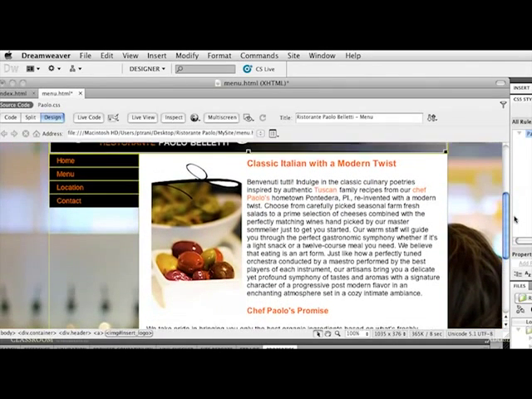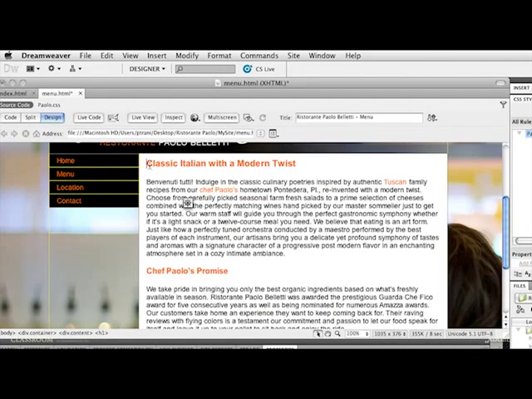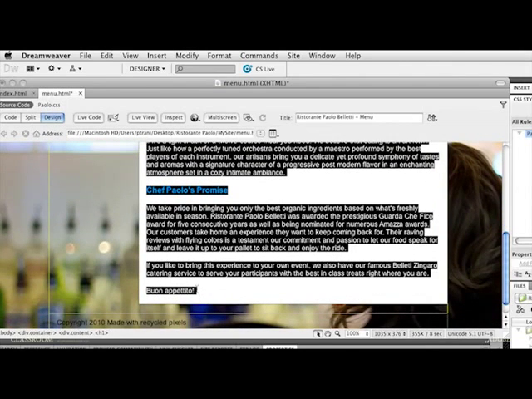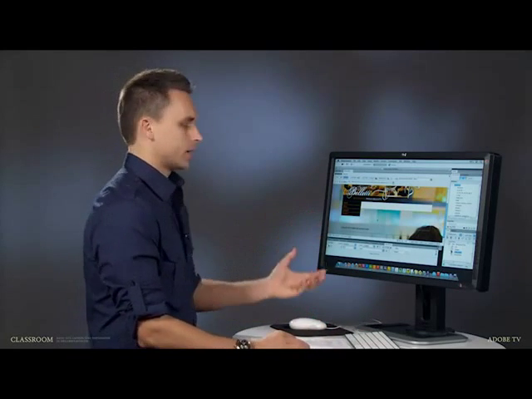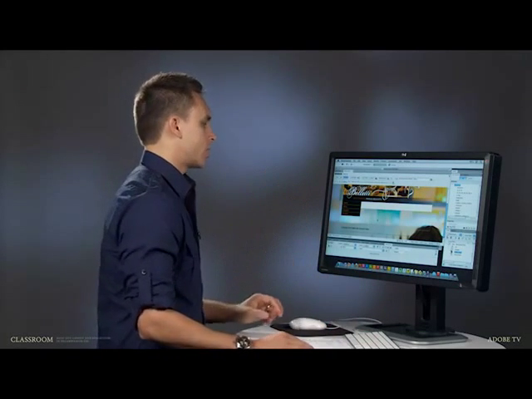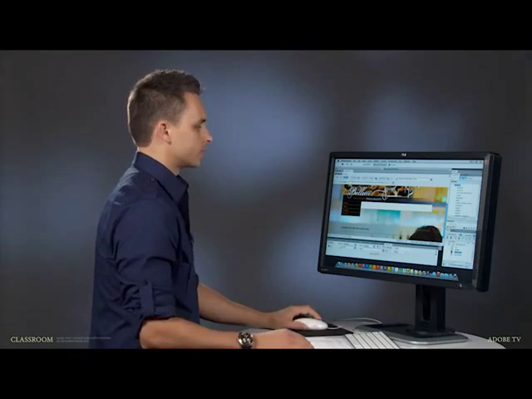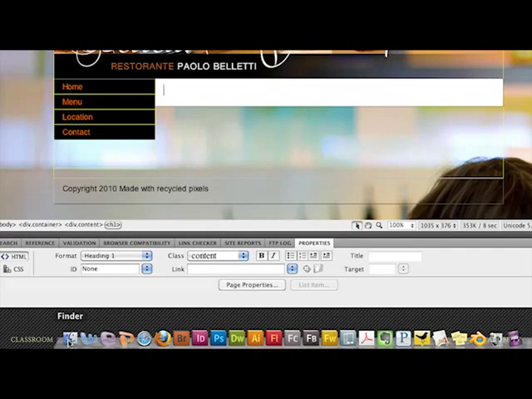So far so good, except for all of this content. Of course I need to get rid of it. So I'm just going to select this image, click delete. A lot of this text, well, you know what? I don't really need it either, so I'll just select it all just by doing a click and drag. I can click delete, and now I get to go ahead and grab the appropriate content and paste it right in here. So I'm going to go out to my desktop,